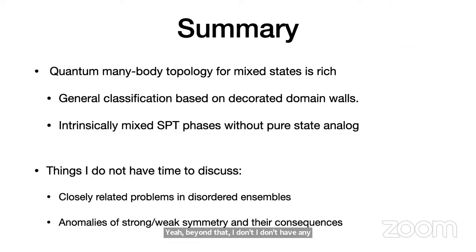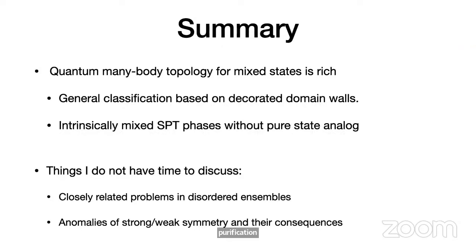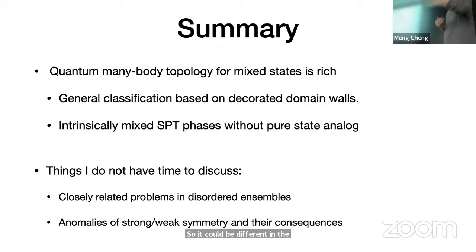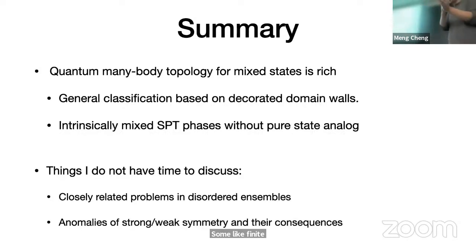And do you know what this like? So basically, your criterion is that you have to be able to go forward and back. But say I'm only looking at the part of the Lindbladian that goes forward. Do you have any understanding of how that constrains the allowed channels? Well, here we allow different quantum channels going forward and backward. Right. So it could be different Lindbladians going forward and going backward. We just ask whether there exists some finite evolution under the Lindbladian, for example, to connect the two states.